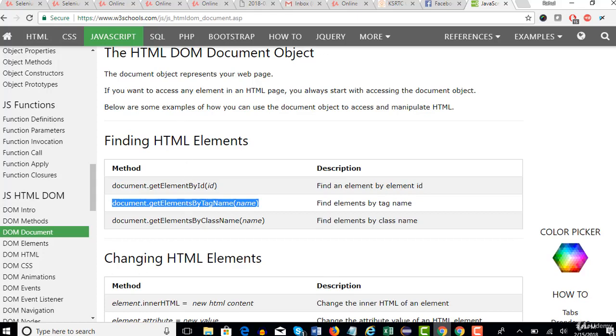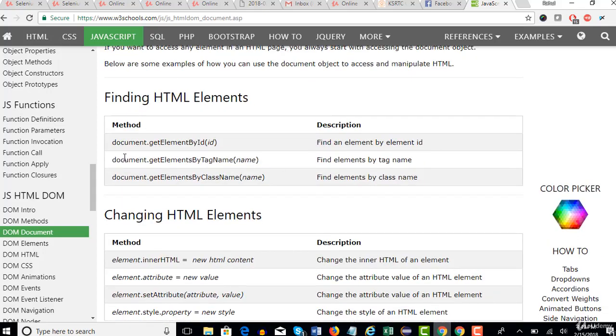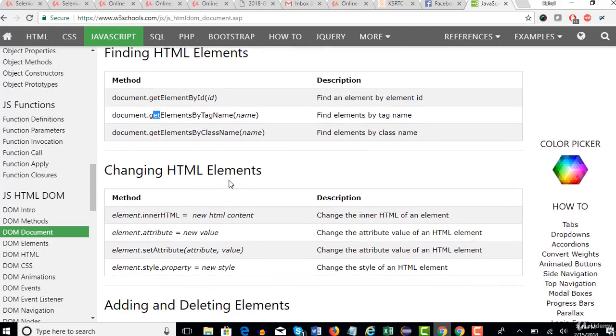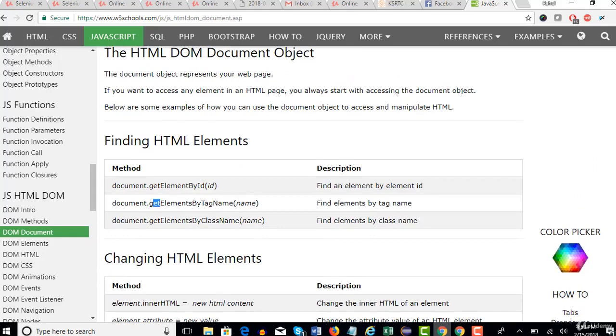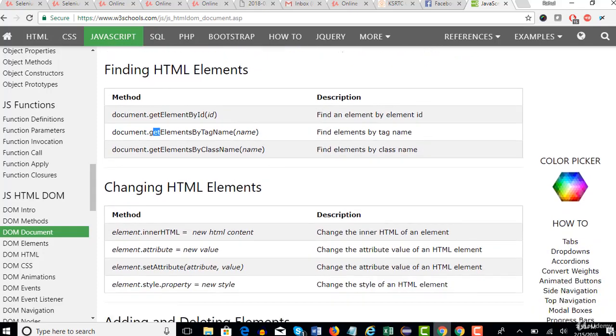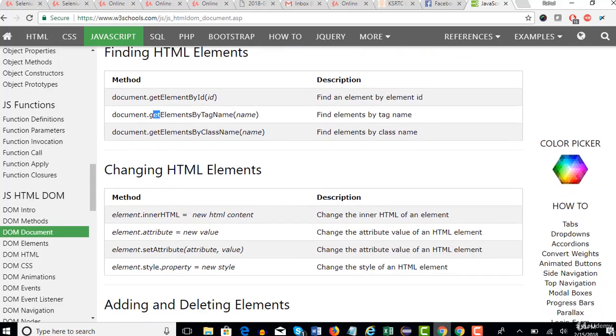But when you use JavaScript DOM, instead of driver you say document. Document dot, and instead of find elements we say get. Find is replaced by get. That's all: getElementsByTagName, and the remaining is all the same. That's why it is very easy for Selenium users. It's all like Selenium things only, right? Now, to grab text in Selenium we use get text, but here in DOM, to grab anything we use dot value.